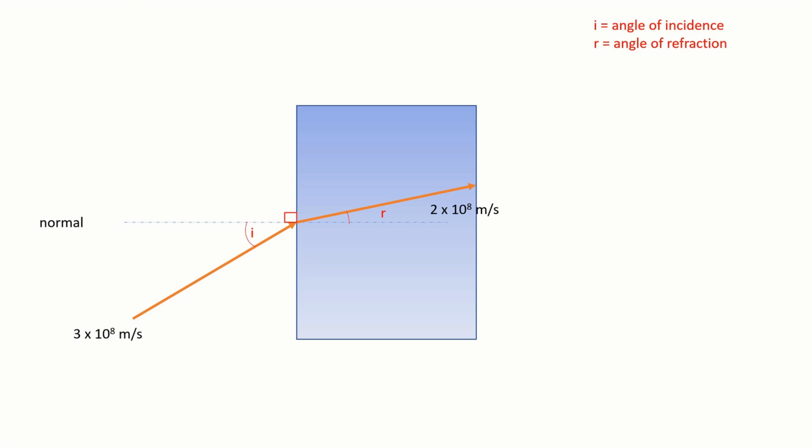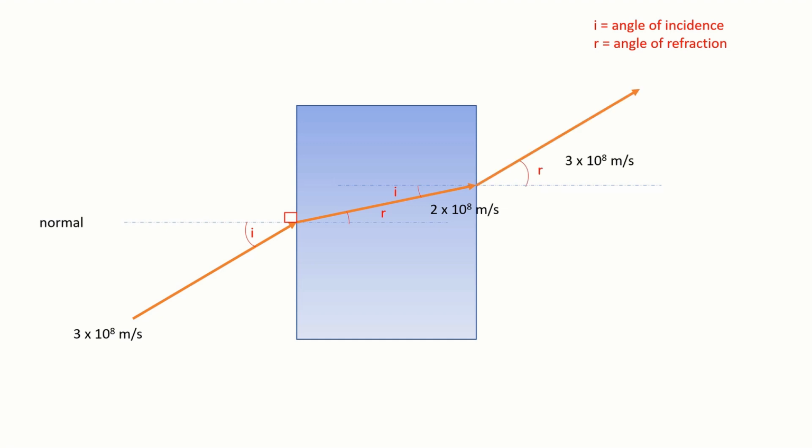Let's draw a new normal to allow us to see what's happening with the angles here. The angle the light makes with the glass surface is now the angle of incidence, because it's the light incoming to the glass surface. The angle here is identical in size to the angle of refraction we measured earlier. This isn't always the case, but the two glass surfaces the light has passed through are parallel, so that will be the case here. When the light exits the glass into the air, it speeds up again, just as the